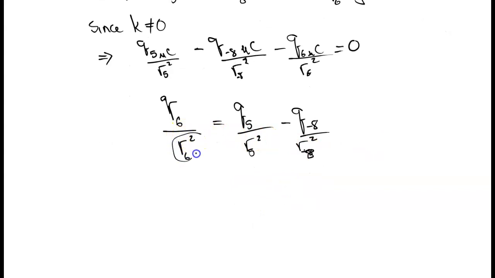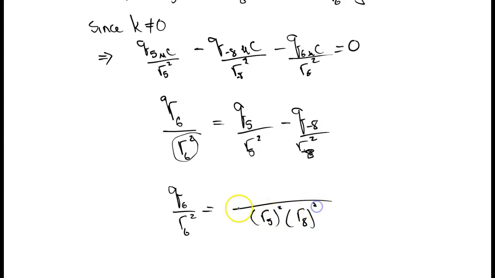I'm interested in R sub 6, so I can say that Q6 over R6 squared equals, with a common denominator of R5 squared times R8 squared, R8 squared times Q5 minus R5 squared times Q negative 8,